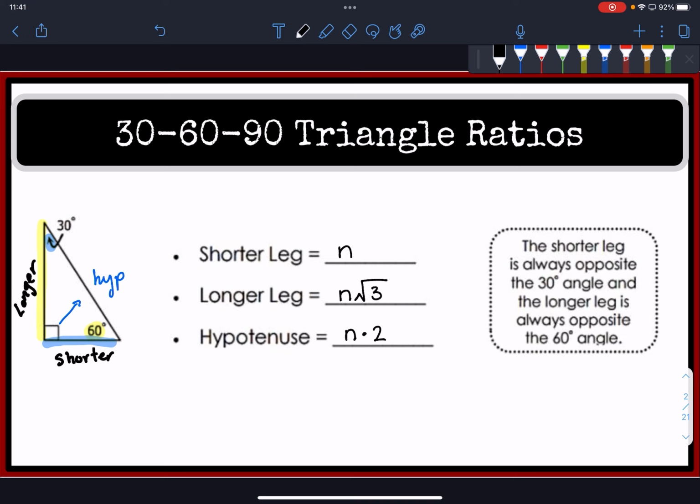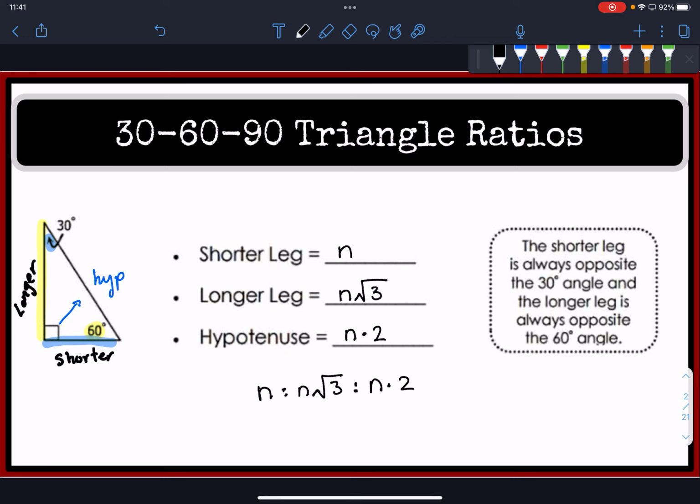So you can figure out the longer leg and the hypotenuse simply by knowing what the shorter leg is and multiplying it by the square root of 3 or by 2 to get the respective longer leg and hypotenuse. So the ratio between these three things is n